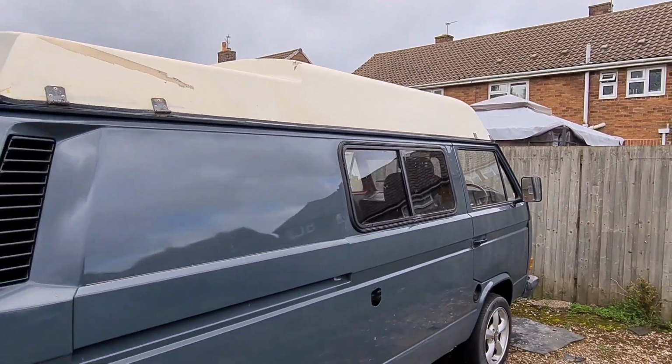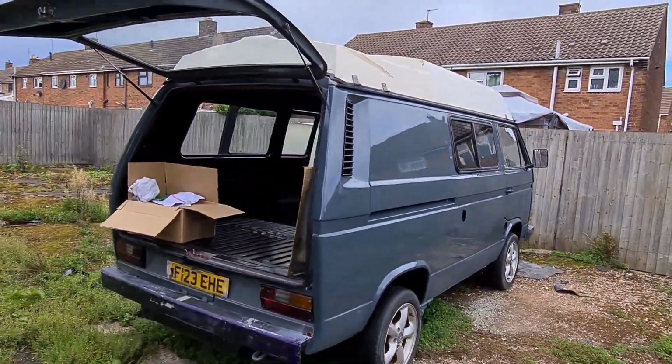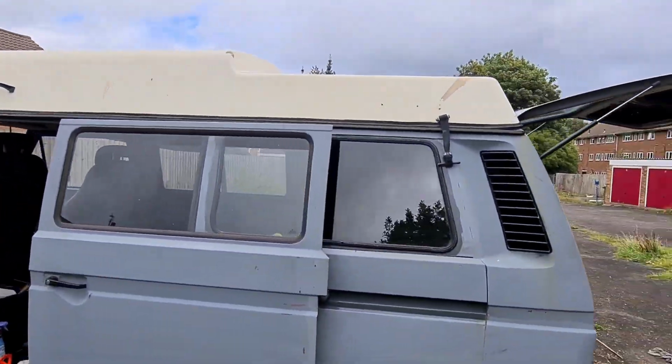I'll show you what else we've got coming up. Van's still looking nice, needs another bit of a polish. I'll show you what's in that box in a sec. That's exciting. That's in a couple of videos to come. So today,